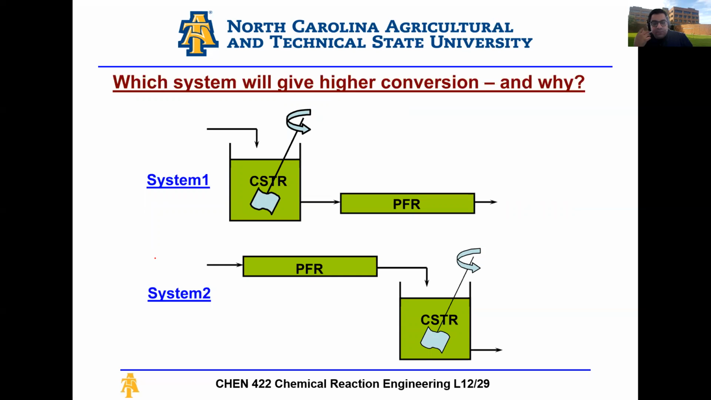Let's say you have two systems. System one, I have a CSTR followed by a PFR, right? System two, I have a PFR followed by a CSTR. And the determination you need to make is which system is going to give you the better performance and why. So CSTR, PFR, PFR, CSTR, which have the same reaction happening, which system is going to give me a better